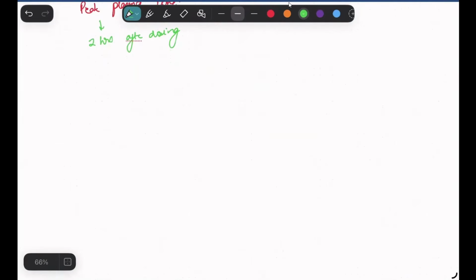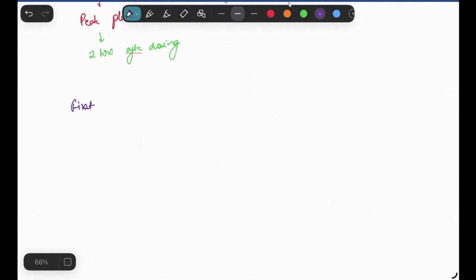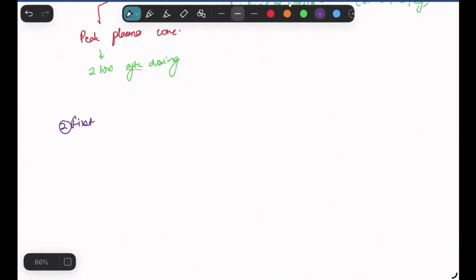Coming to first pass metabolism and bioavailability. This is covered under pharmacokinetics only. The first one was absorption. The second part is